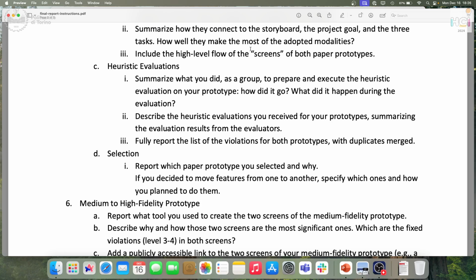And what did happen during the evaluation? You talk a lot, or you didn't talk a lot with the expert. The evaluation was short, the evaluation was very long, etc. Again, what happened? Then describe the risk evaluation you received for your prototype, summarizing the results from the